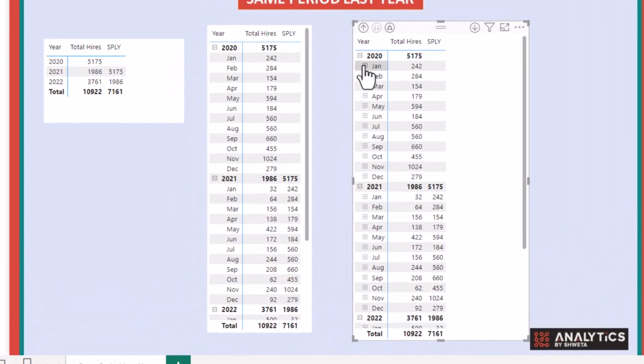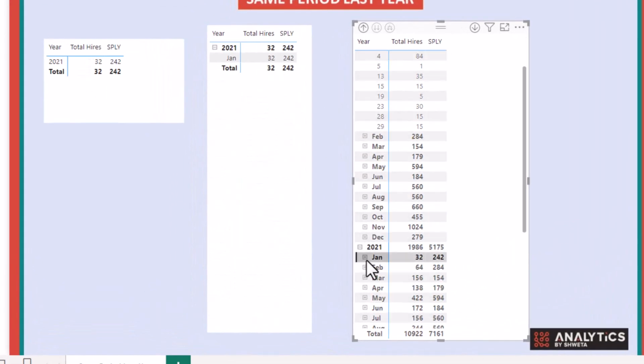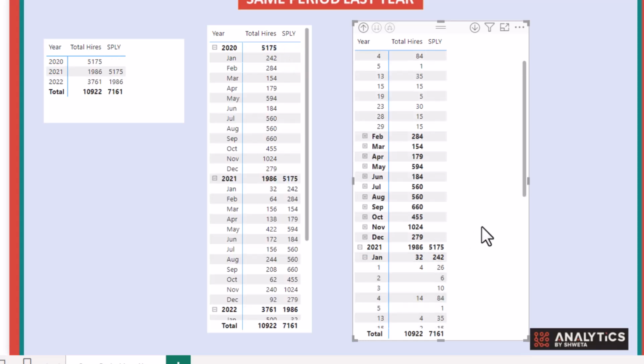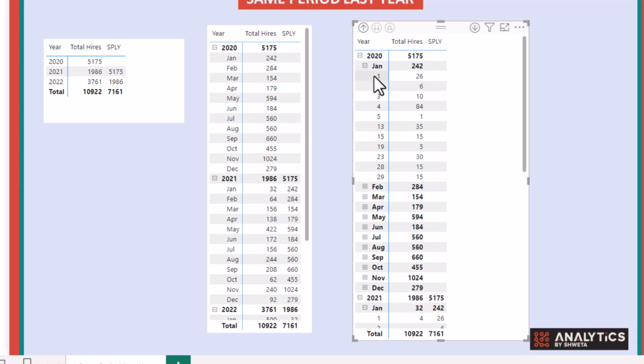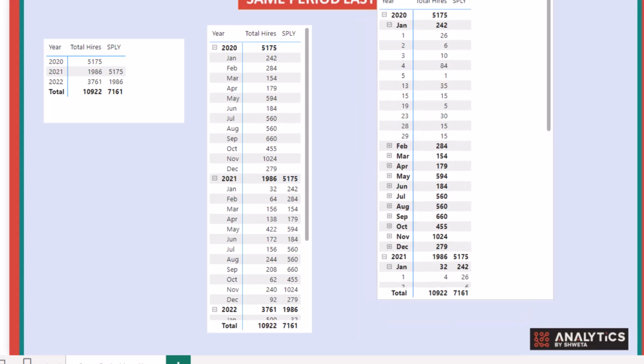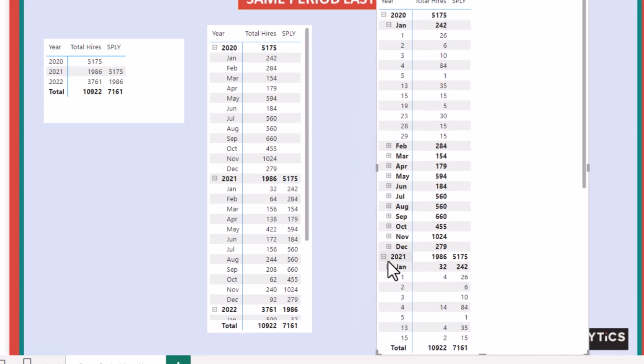Let us expand the month of January for both the years. Now, if you look at the data, 1st of January had 26 hires, 2nd of January has 6 hires. And we are now at 2021. If you see here, 1st of January for the same period last year gives us 26 hires, which is exactly the same as the number given here. Similarly, if you look at 2nd January 2021, it gives us 6 hires, which is exactly the same hires as